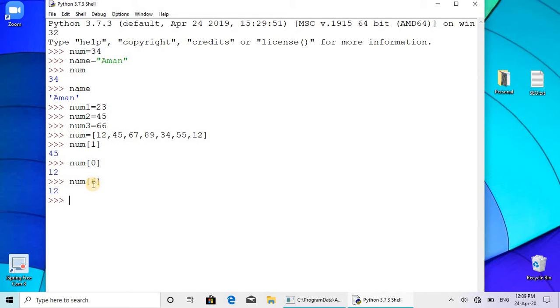That is the list. This is a definition of list, like that: name equal to, we can define a blank list also. This is a blank list, or a list without any elements. Okay, we can define like this. Later you can give values to that name list. Okay, name equal to, then you can assign some values such as